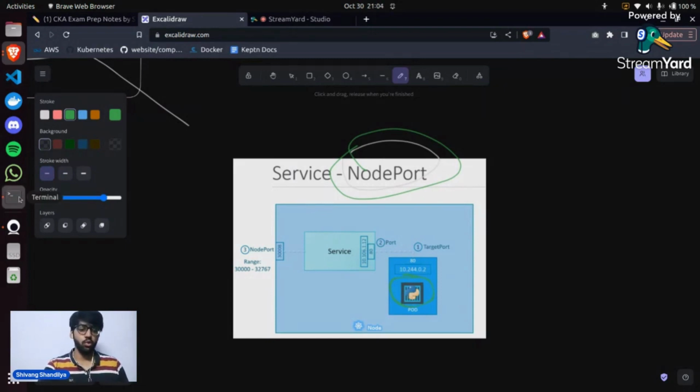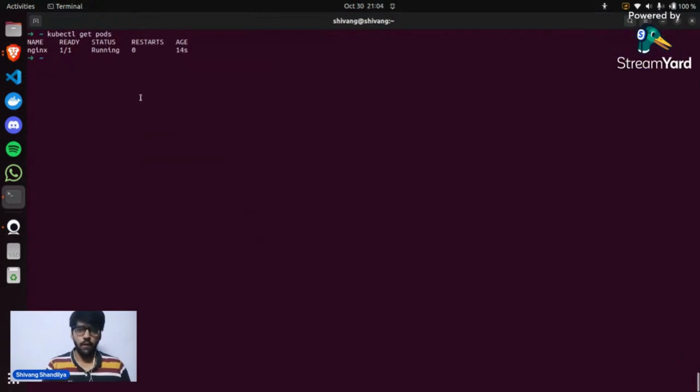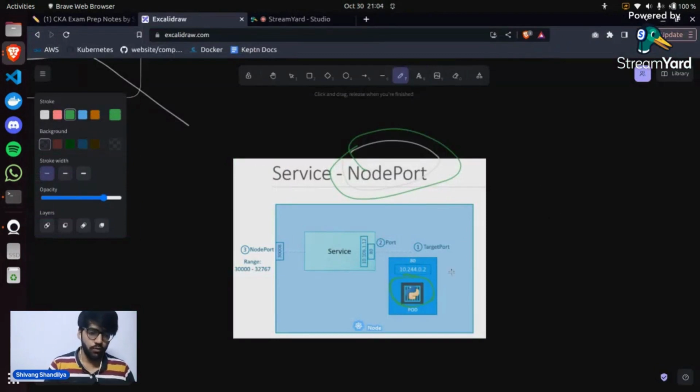Now, how do I know this? I think we have a pod running. Let's just say what is the IP of this. So if you do kubectl get pods -o wide, you'll get the IP attached to this pod. Okay, cool. So now we have the IP attached. We have the target port. Now what the NodePort service does is